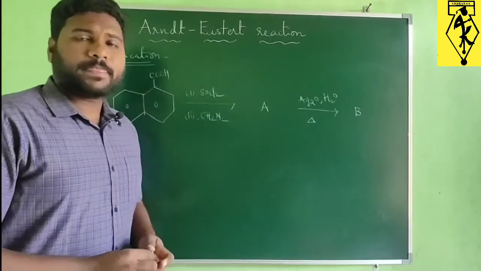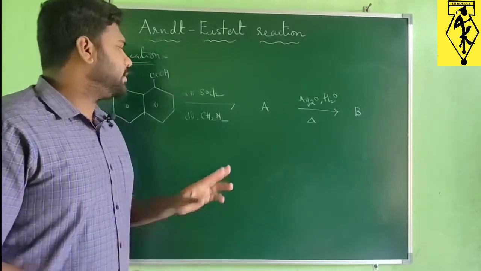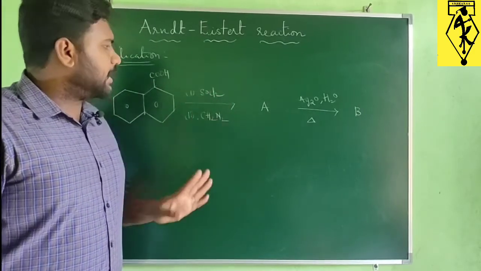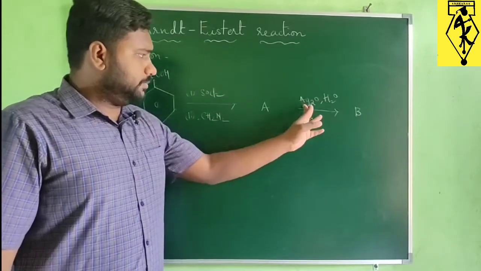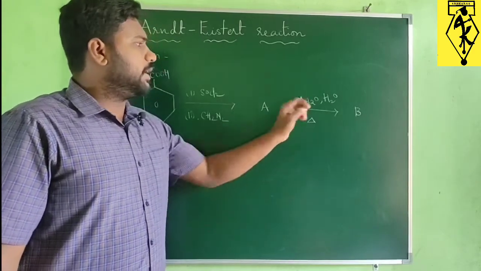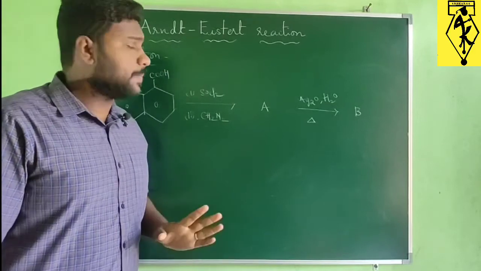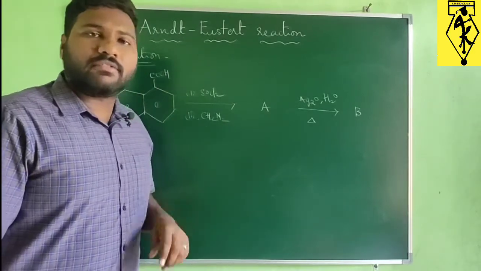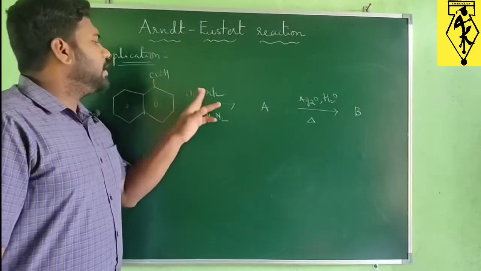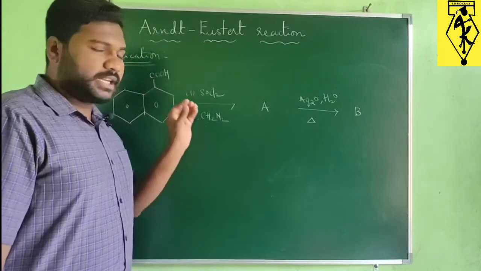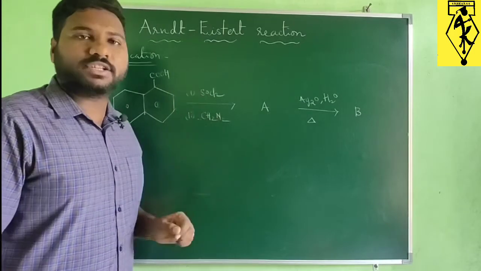This is the question now. Now how to attempt this question? Just simple. SOCl2 is there, and some diazomethane is there, and some heat energy they have given, and silver oxide and water. So clearly this is an Arndt-Eistert reaction, and carboxylic acid also they have given. Sometimes, instead of giving this reagent directly, they will give COCl. Don't confuse. Still we have to consider that reaction as Arndt-Eistert reaction.